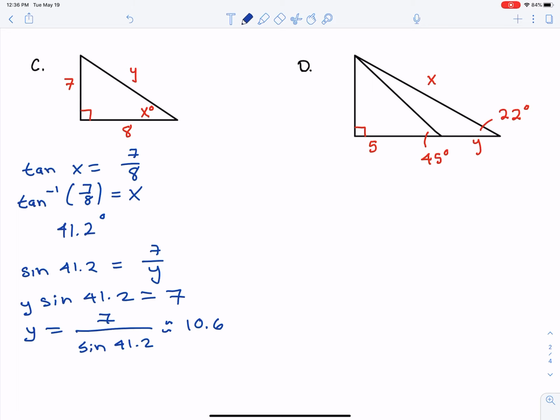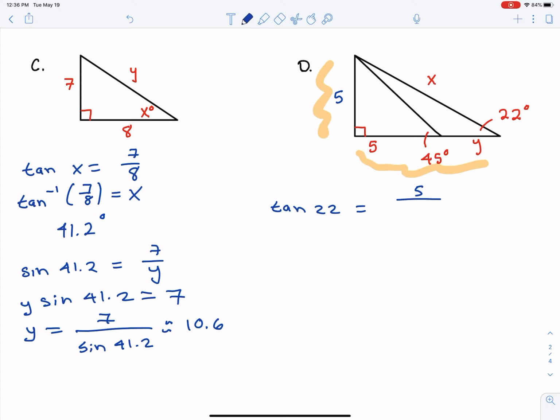Last one for this section. Let's go find x and y. So first off, we should recognize that this is an isosceles triangle. So in case I need it, I think you'd agree this has to be 5, right? Because this is a 45, that smaller triangle's a 45, 45, 90. That might be useful. Why might that be useful? Well, I think you'd agree that if I use this side and this side, I have a tangent. I can use tangent. So I can say the tangent of 22 equals opposite over adjacent, which is 5 over